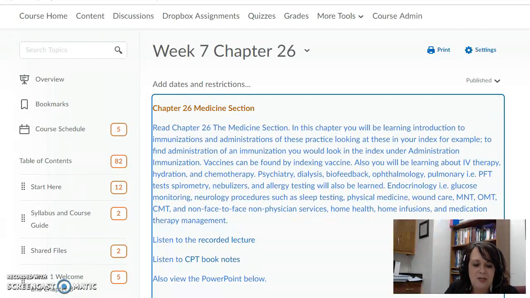CMTs are on the next page. That's chiropractic manipulative treatment. Again, so that would be a chiropractor who is giving that to us. Okay. So again, those codes are different. You need to be really careful in the CPT book that you understand the regions. Okay. I worked for a provider once that said that if he cracked the patient's back, he was a DO. And if he went and gave them an OMT, a treatment in the back room, and he cracked the patient